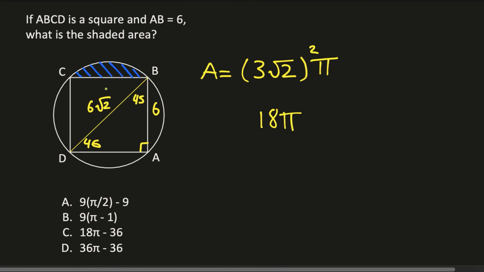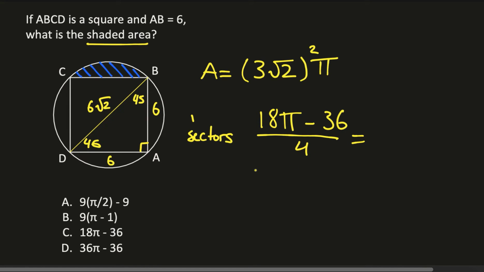From here, we want to take the area of the circle and subtract it from the area of the square so that we're only left with these four sectors. So 18 pi minus 6 times 6 is 36. And this would give us four sectors. If we only want one sector or one shaded area, we would have to divide this by 4. And this would give us 9 pi over 2, simplest form of that fraction, minus 9, meaning that our answer